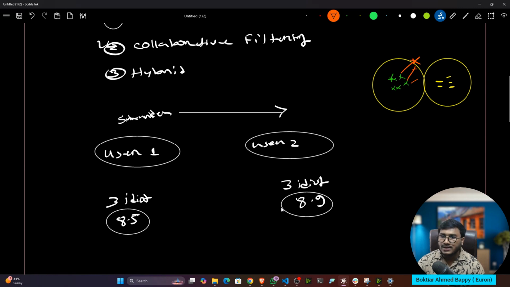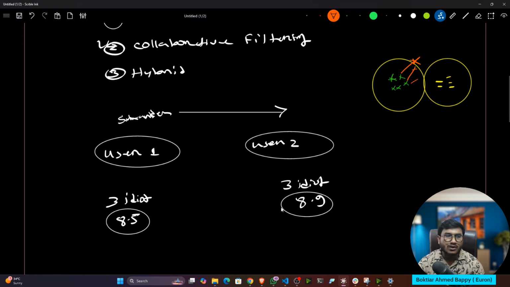Now I think you can understand collaborative filtering. Okay, what is collaborative filtering exactly? That means we're trying to collaborate with other users to give the recommendation, and it works based on the clustering technique. So the project we're going to develop today will be using the collaborative filtering technique.